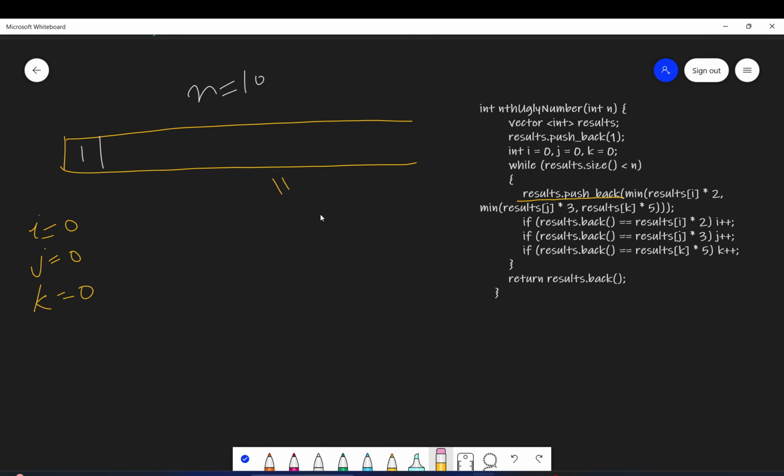So here what we will do, we will be finding out the minimum of results of i. i is 0, so this is the 0 index, so results of i is 1 multiplied by 2, comma, minimum of results of j. j is 0, so results of j will be 1 again, into 3, and results of k, k is 0, results of k will be 1, into 5.